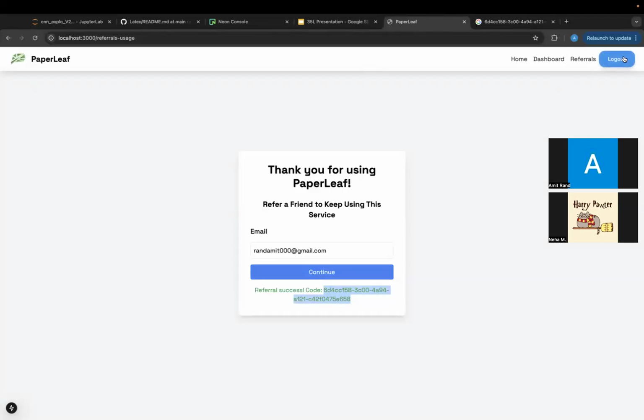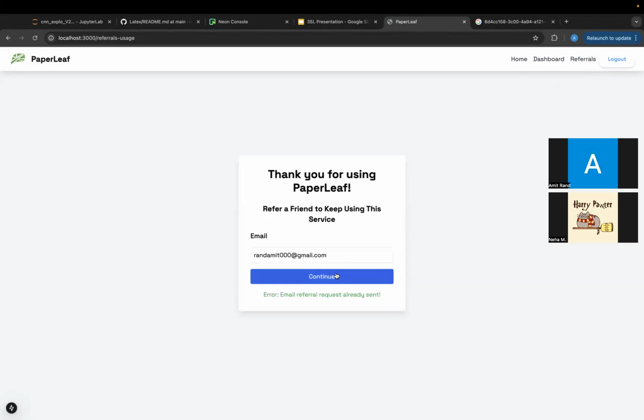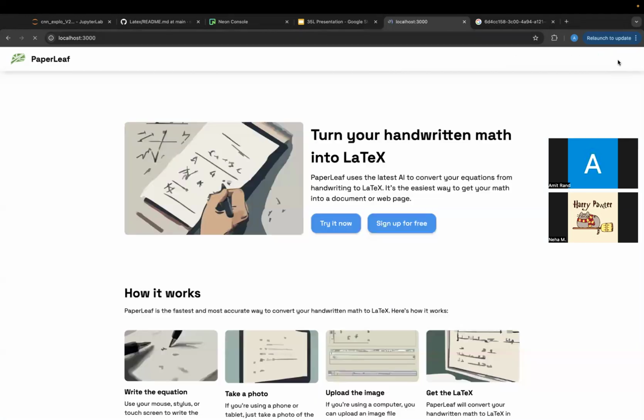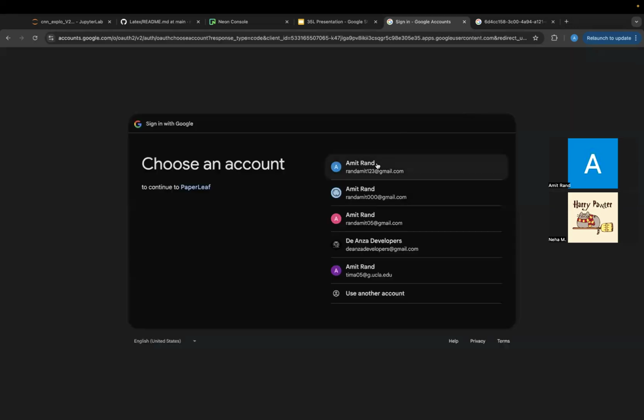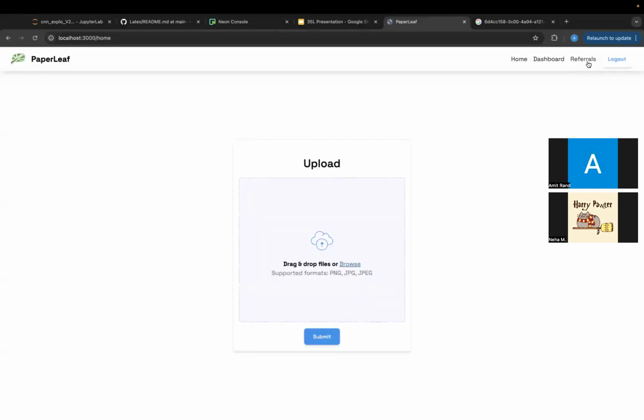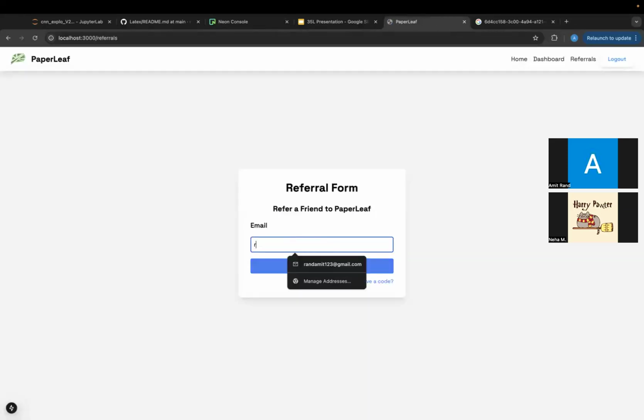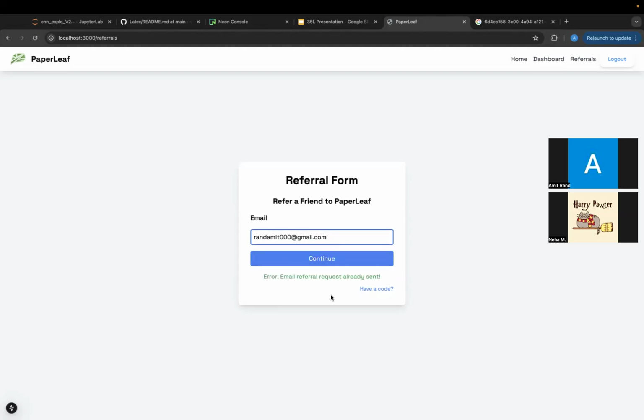And then our referral system is equipped to give you an error if you've already referred this person, even if they haven't accepted that referral yet. So, looking at the error handling just now, the first time that Amit clicked continue, he got a random code, and that's what we're going to use to track the referrals. And the second time he clicked continue, it said email referral request already sent, meaning that this has already been